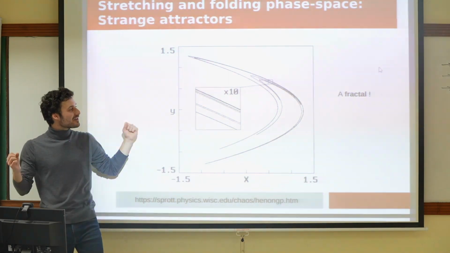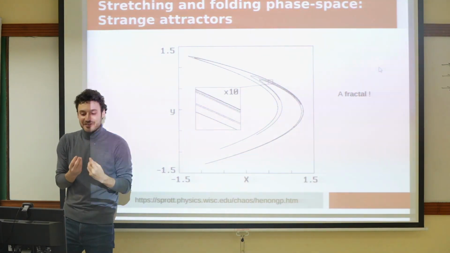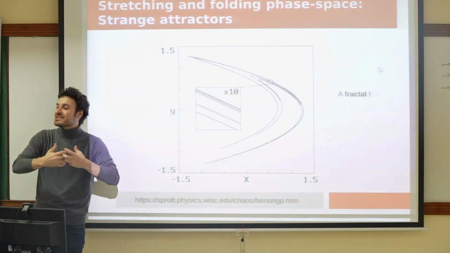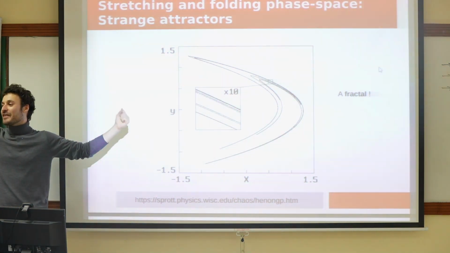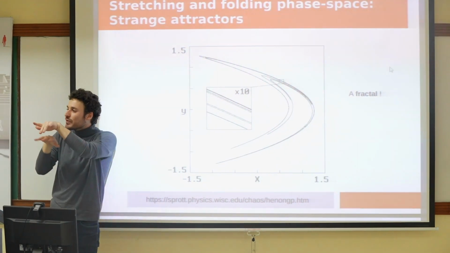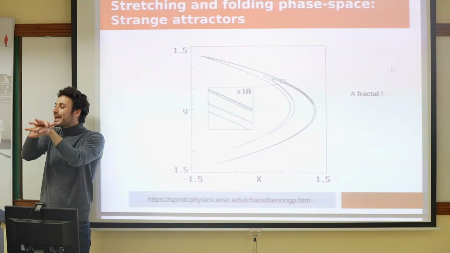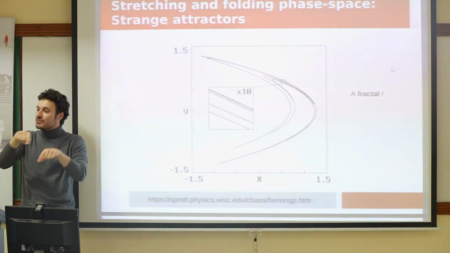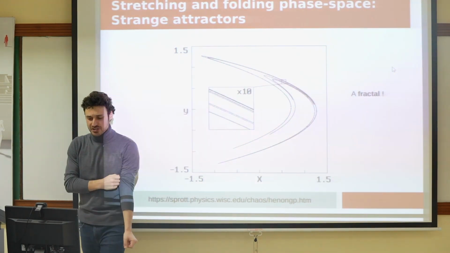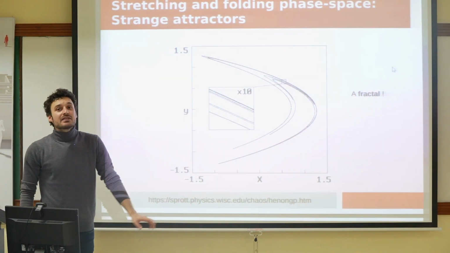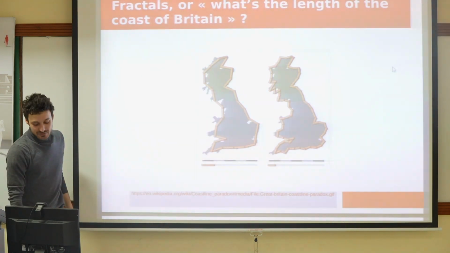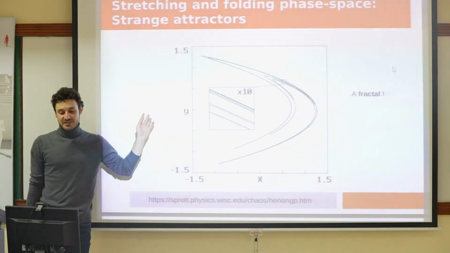Again, there's really a kind of kinetic feeling to it, right? This is what chaotic systems do: they stretch the phase space, they fold it back, they stretch again, they fold it back, until you have this really intricate layering of trajectories in the phase space, which translates as a kind of fractal structure. Okay, so now I'm going to have a little detour about the fractals themselves because they have all kinds of interesting properties.